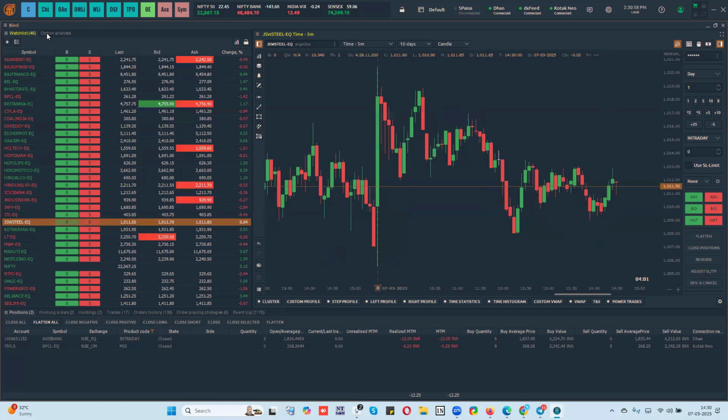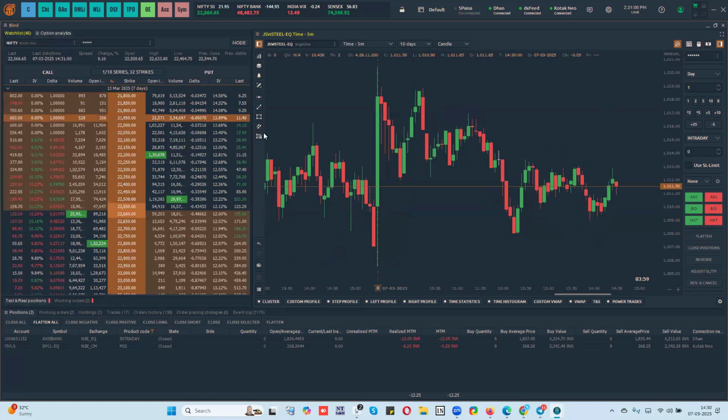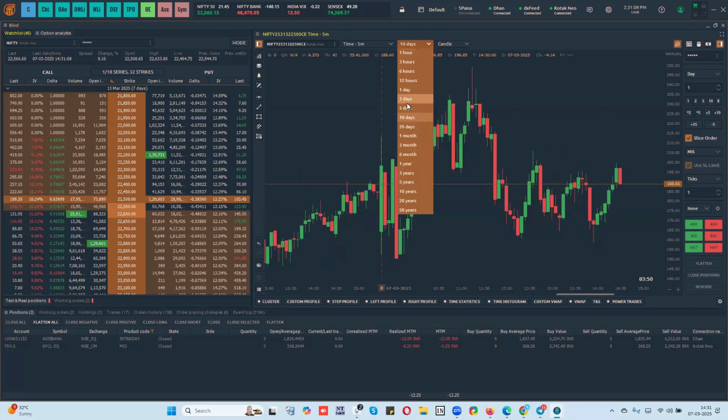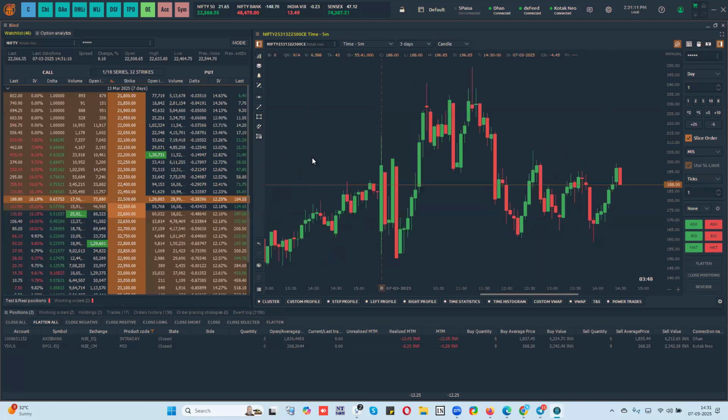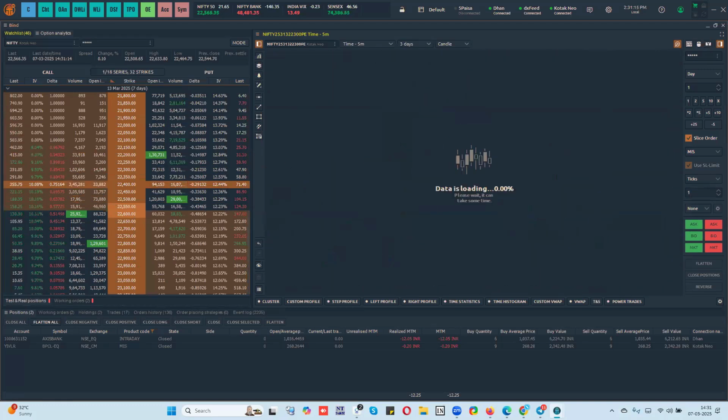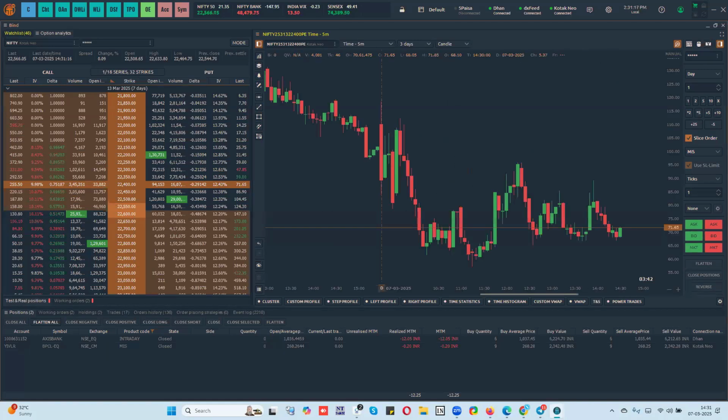In the same way, if you want to do it for options, you can just drag the symbol. Whichever symbol you drag, the chart will open for that. Maybe we'll keep fewer days. So you can quickly trade the options as well. Or you can have one more chart, one for the call, one for the put, and you can have an option chain side by side. So you can configure your screen that way as well.